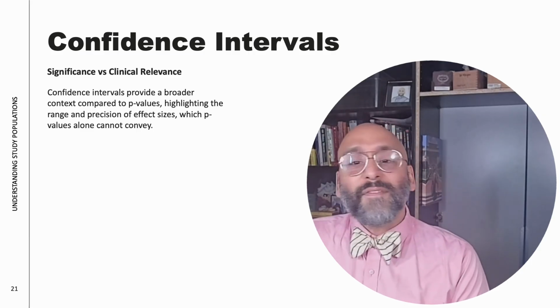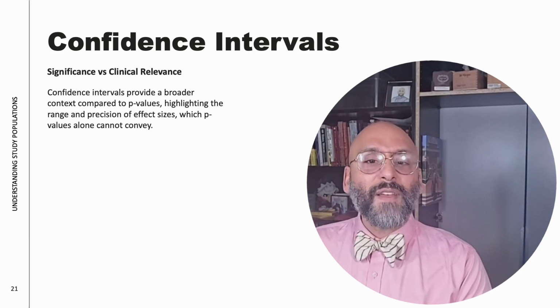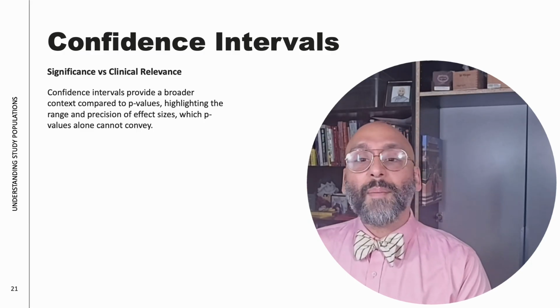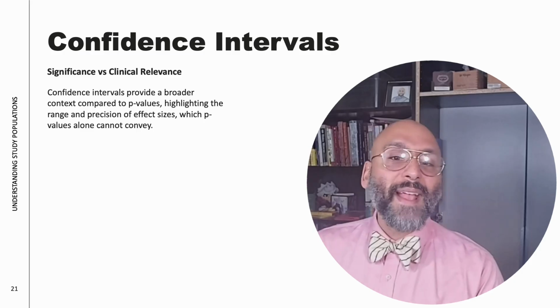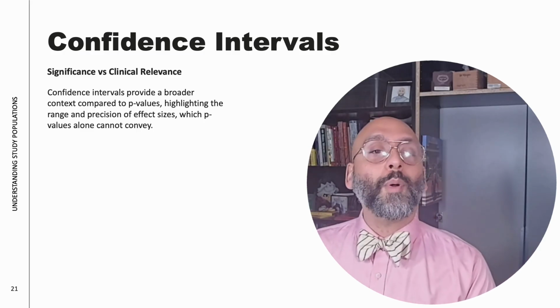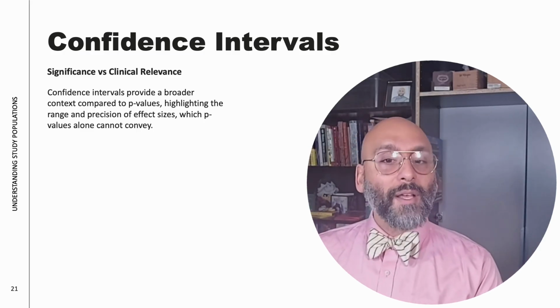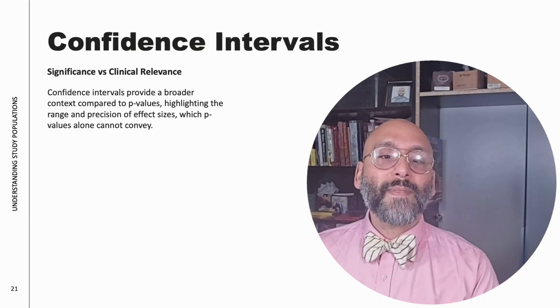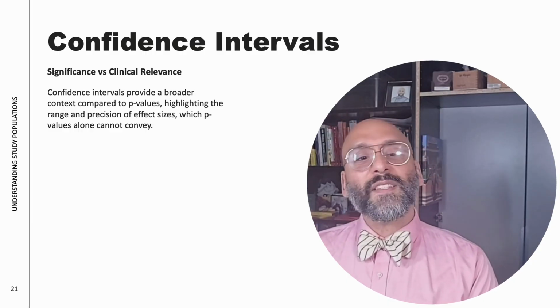A study can have a statistically significant p-value and still be clinically unimpressive. So for example, a medication may reduce depression scale score by 1 or 2 points. That's statistically real, but functionally in a patient, that's meaningless. Confidence intervals make this visible to you.